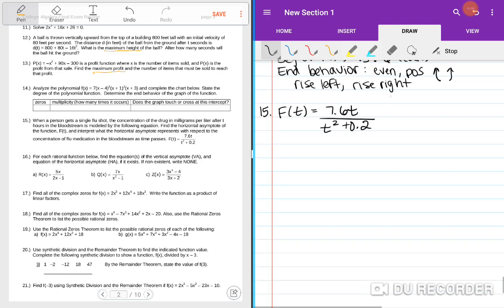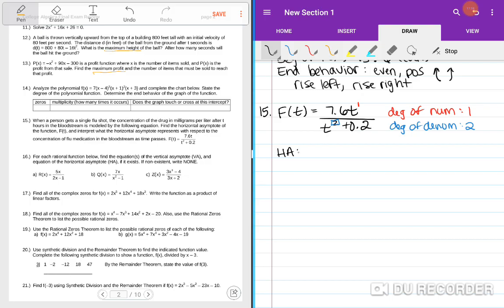The degree of my numerator is 1. It's this guy here. And the degree of the denominator is 2. Okay, so the degree of my numerator is smaller than the degree of the denominator, which means that